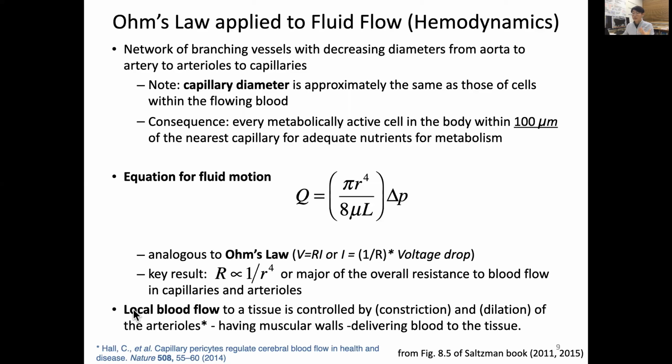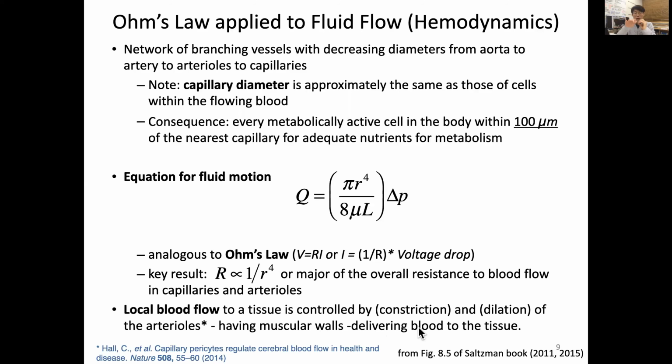Because of that, local blood flow, where the blood eventually gets into tissues such as the brain or organs, has to be well controlled. Because of the limited blood supply, you want to send it to where it's most necessary. So local blood flow to a tissue should be well controlled, which is done by constriction or dilation of the arterioles. Arterioles have muscular walls with smooth muscle cells which control this,